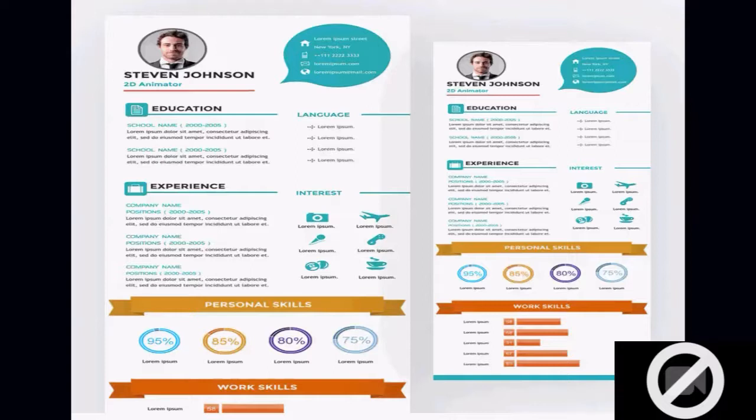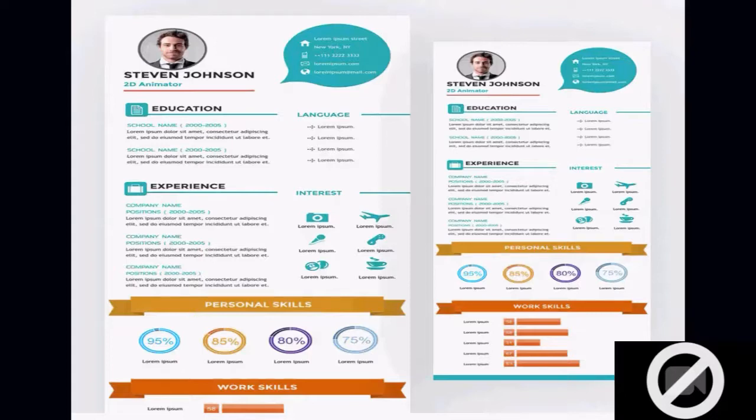And the fifth one is Venngage. And next one is PicMonkey. So these are the infographic platforms.